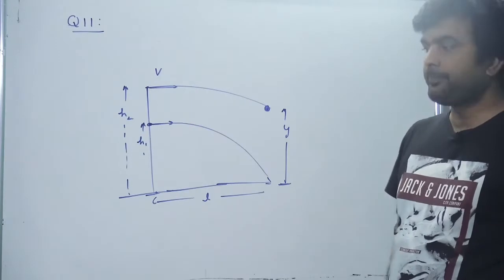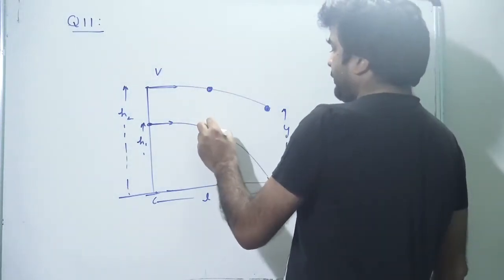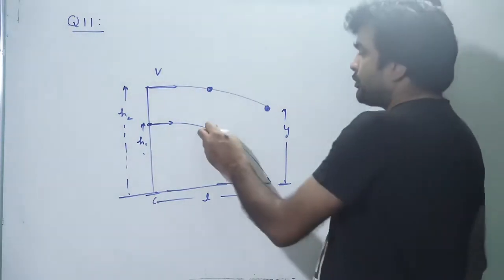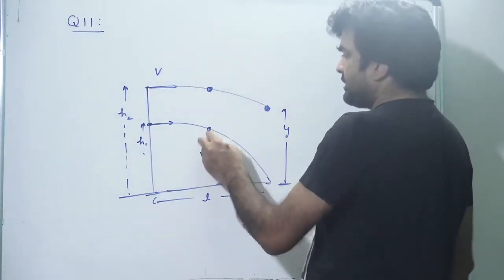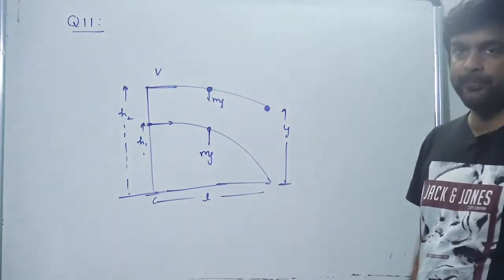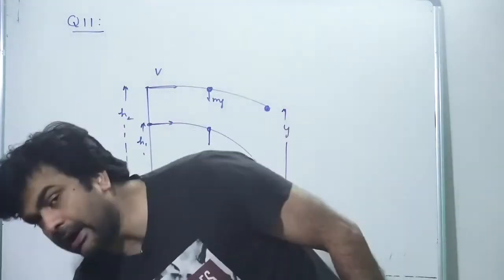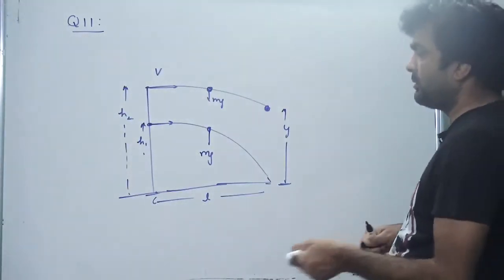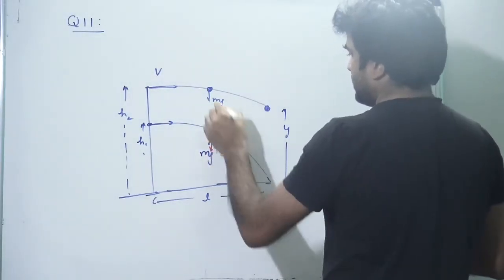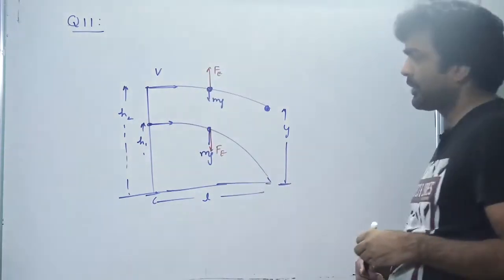First of all, if we draw the free body diagram of the two charges at any instant, they will both experience a force mg and mg, equal in magnitude. At the same time, they will also experience electrostatic repulsion or attractive force. Let us say this is Fe and Fa.